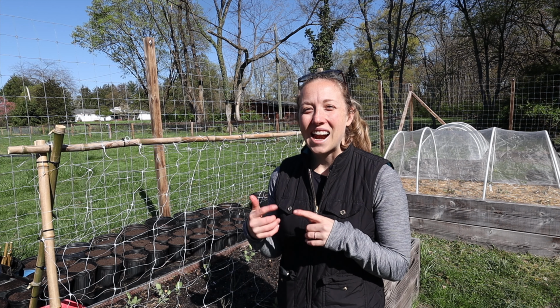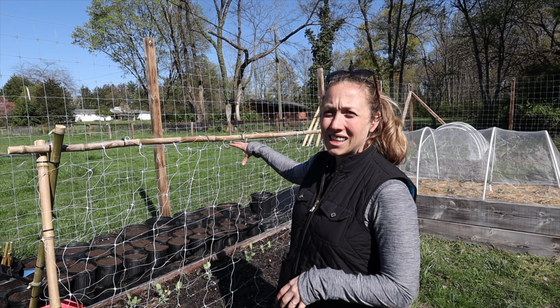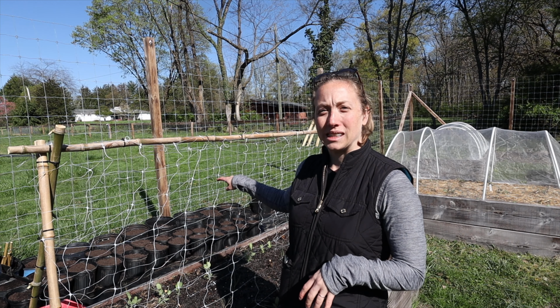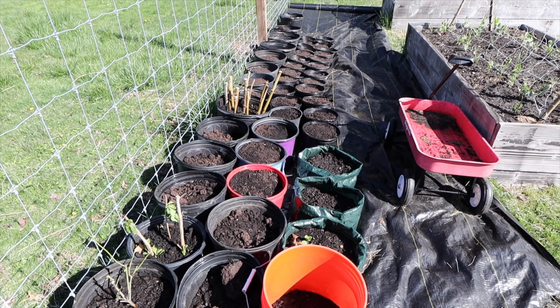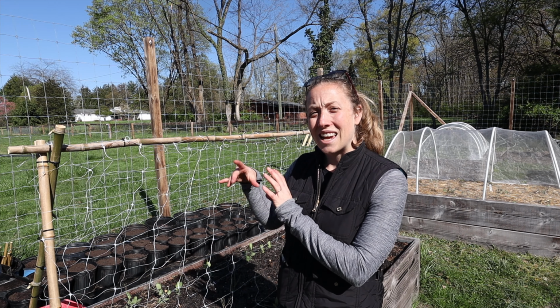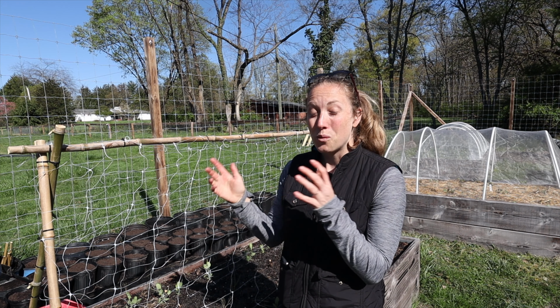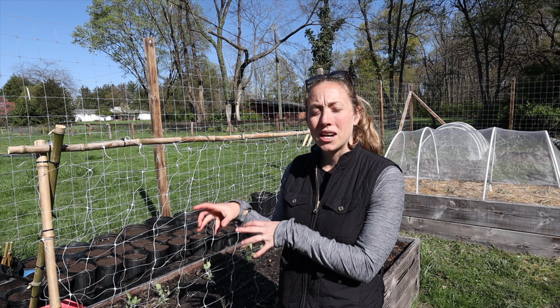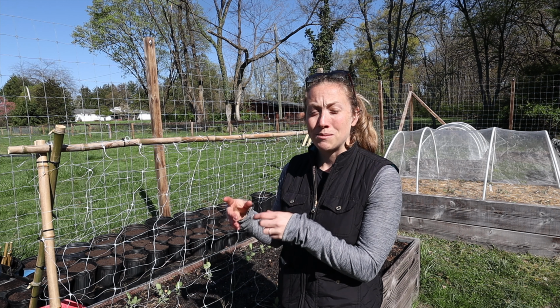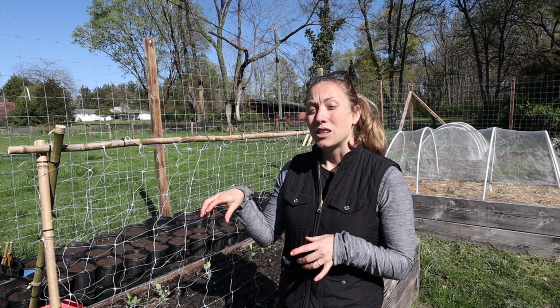Another thing that I think is really cool that we're doing, we have a propagation station. You might be able to see some of the buckets back there. This is where we're going to be actually propagating a bunch of trees, and we are going to be trying to get a greenhouse structure this year so that in the winter we can keep them out here, but we want to start propagating some trees and being able to add our own trees into our land,